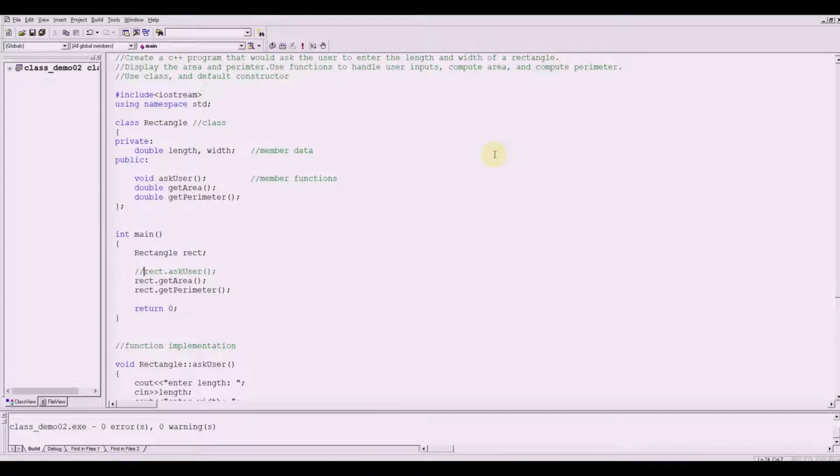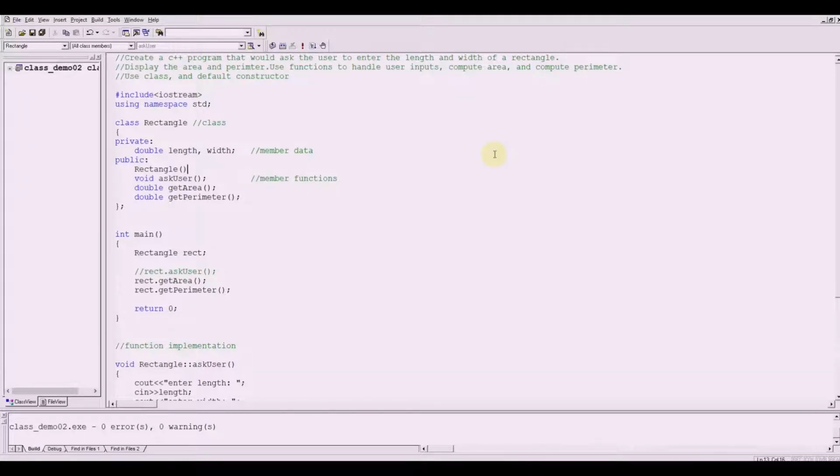All right, so what I'm going to do here is create a constructor. Basically, a constructor is also a function without a return data type, so it doesn't use void, double, or any other return data type. It simply has the same name as the class. So whatever the name of the class is, that is also the name of the default constructor.